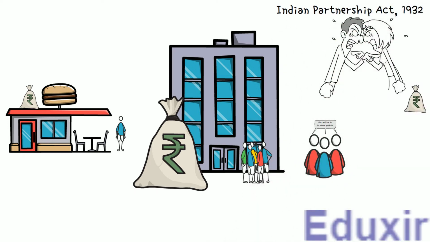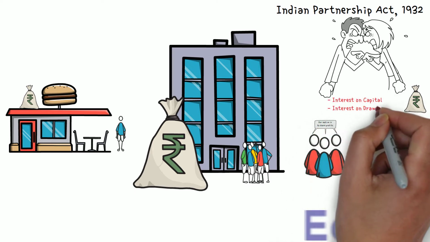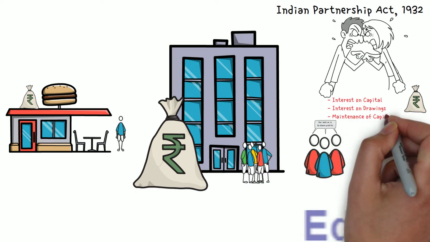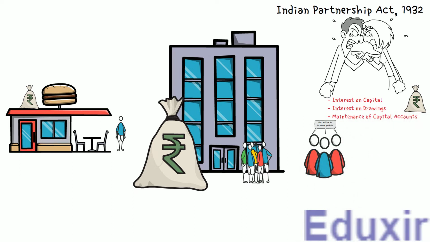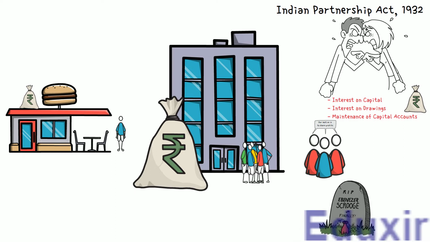These differences among the partners might not be just limited to the sharing of the profits. It could be related to the calculation of interest on capital, interest on drawings, and maintenance of partners' capital accounts, etc. In addition to this, when we are dealing with the partnership, we should already be aware of how to do the adjustments when a partner dies and how to do the adjustments when a new partner joins the firm, etc. All these things are special situations, right? We'll learn about how to deal with these special situations from the perspective of accounting.